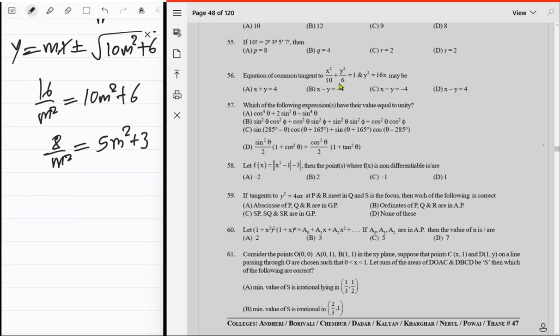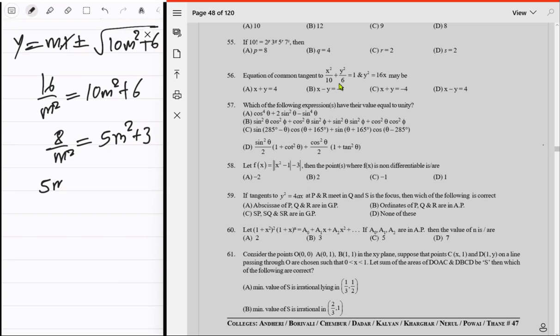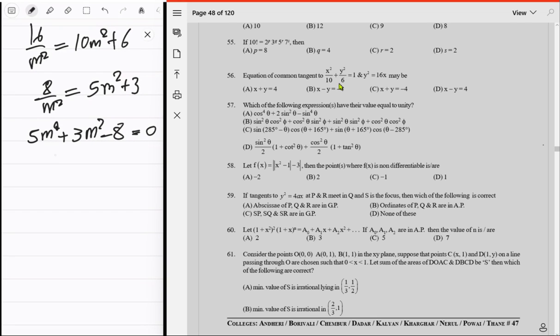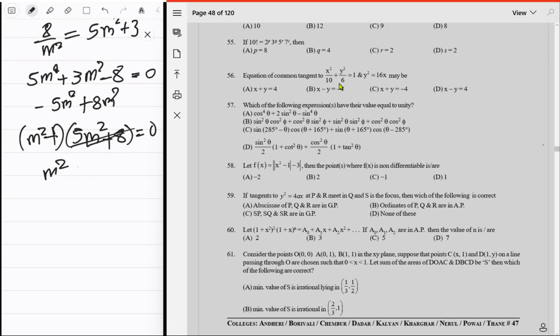That means, bringing it over, 5 m power 4 plus 3 m squared minus 8 is equal to 0. So I will split it like 5 m square negative and then plus 8 m square, so it becomes (m square minus 1) times (5 m squared plus 8) equal to 0. The second factor can't be 0, so the only choice is m square equal to 1, so m equals